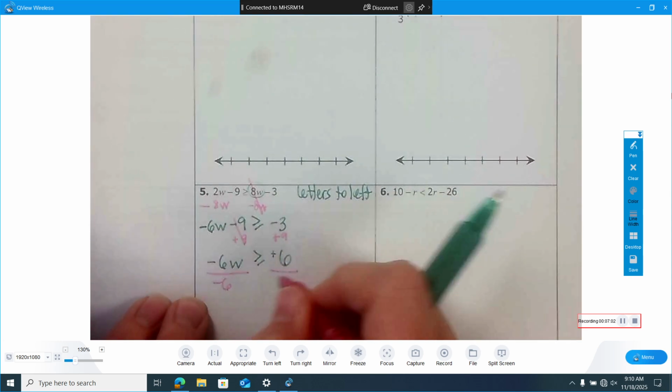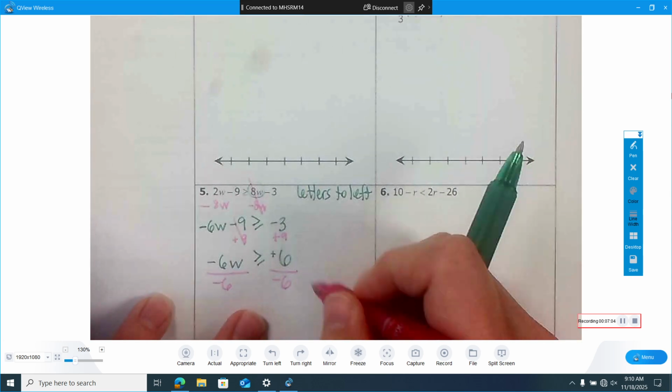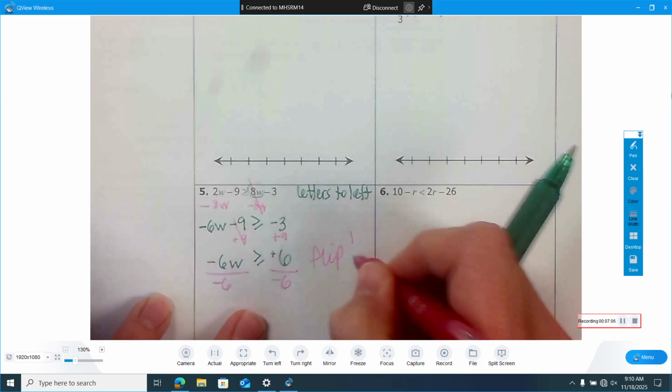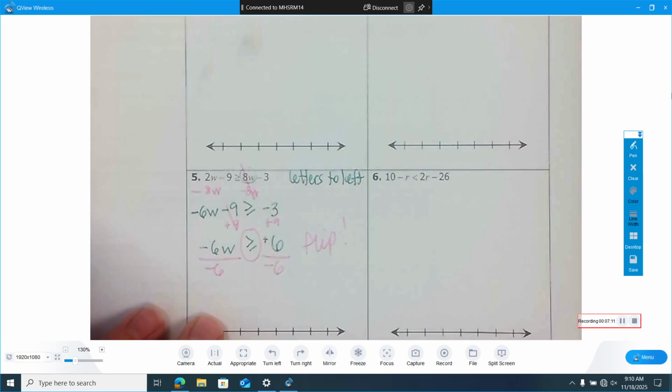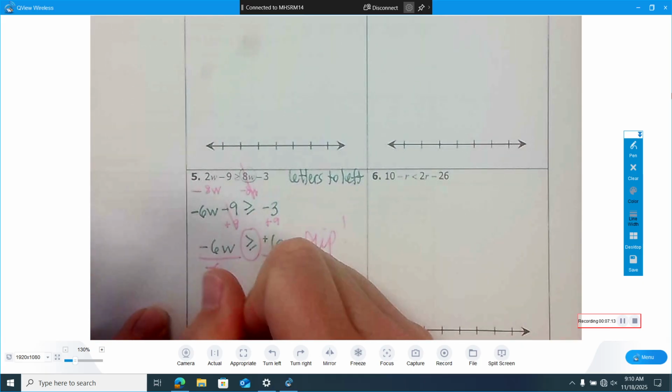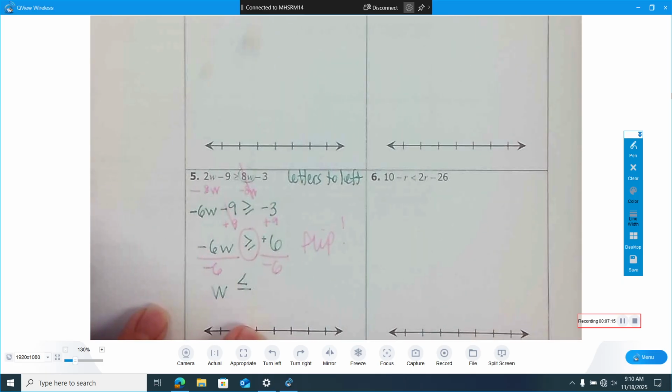Divide by -6. Now we're dividing by a negative. What do we need to do? Flip the symbol. So again, write yourself a note. Circle it. We're dividing by a negative, so we have to flip our symbol. So we have W is less than